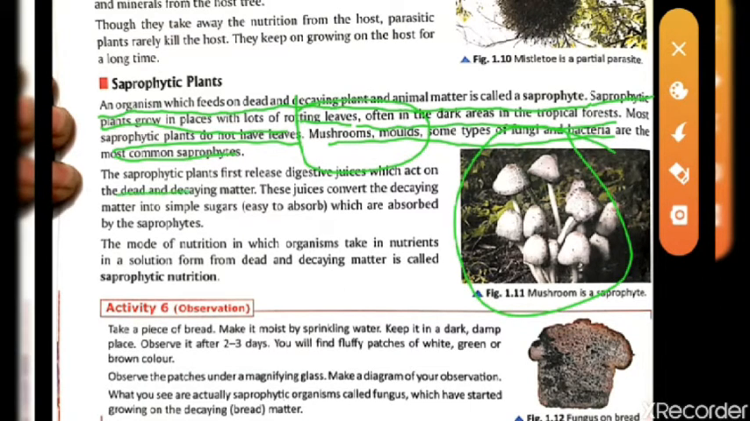The saprophytic plant first releases digestive juices which act on the dead and decaying matter. These juices convert the decaying matter into simple sugar that is easy to absorb, and it is absorbed by the saprophyte. They release enzymes, or digestive juices, that make the dead and decaying matter into an easy form, the simplest form, which is sugar. Then they absorb it. The mode of nutrition in which an organism takes in nutrients in solution from dead and decaying matter is called saprophytic nutrition. So we have completed this part. In the next part we will see the other